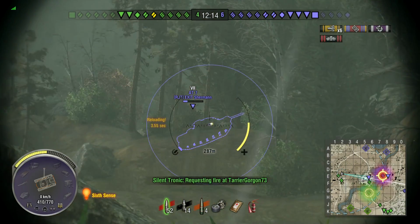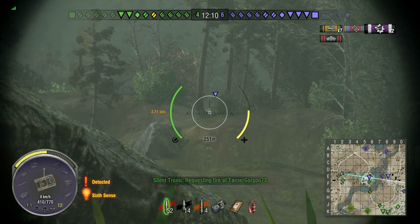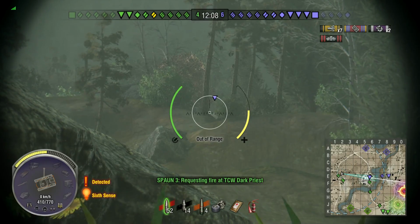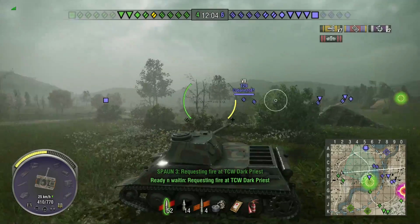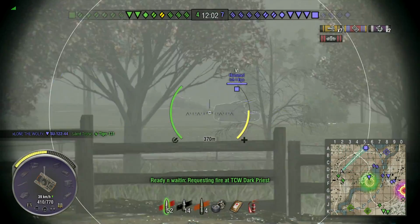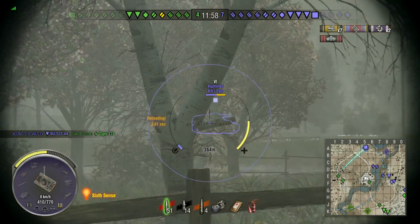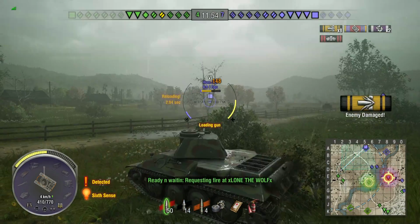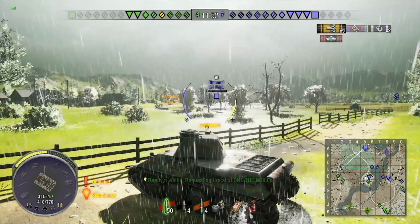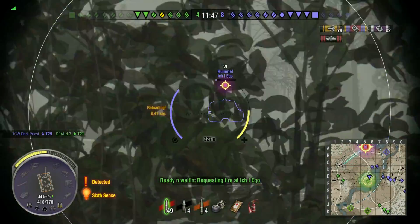Oh, I can now. Managed to get a hit on him, get spotted, and just hear something whiz past, so I think, yeah, do you know what, let's move. Not entirely sure what that was. I'm going to risk stopping and taking a shot at RT though, because I wasn't spotted, but now I am, and something's looking at me. Risk another shot on RT, and then I'm just going to try and hit him on the move while I try and get into that dip,